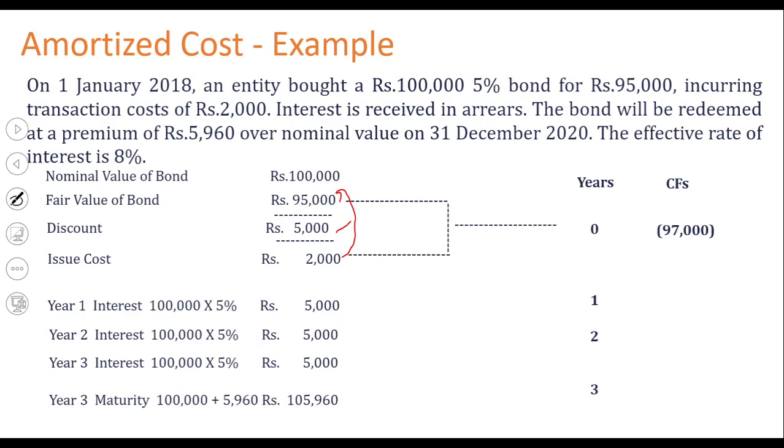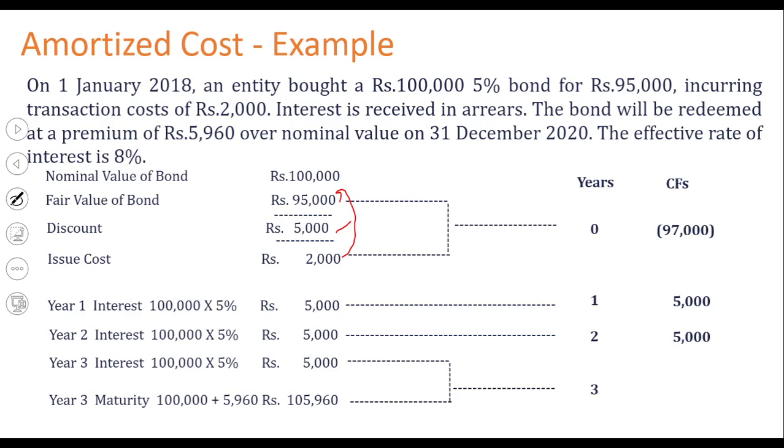So that is the first year cash flow. Year 0 cash flow, right? This is at the beginning of the period. Then what happened in year 1? I am getting 5,000, right? Year 2, I am getting 5,000. Year 3, I am getting 5,000. Other than 5,000, I am getting the maturity proceeds of 105,